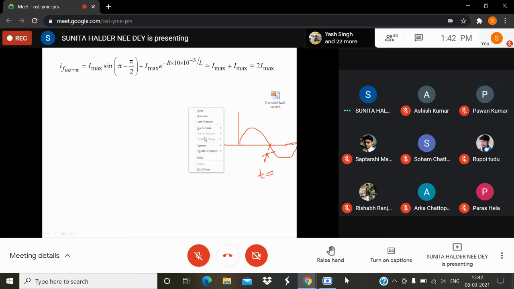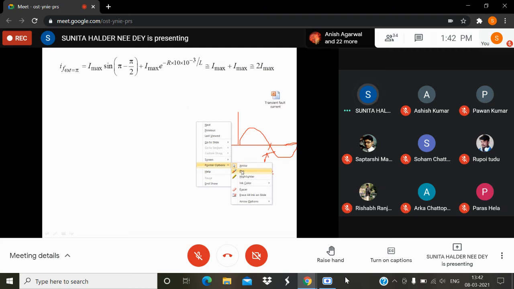Yes, ma'am. And so if we put 10 milliseconds, what will be the value of this transient component? Obviously that depends on R and L, right? Now if you put the values of R and L, you will see the general values that you got from your power system planning design class. The transient component value is very near to I max, but obviously not equal to it. But approximately we can say that it is approximately equal to I max.